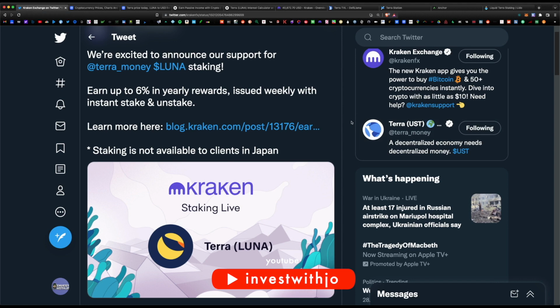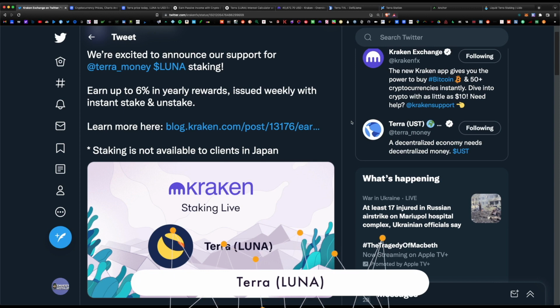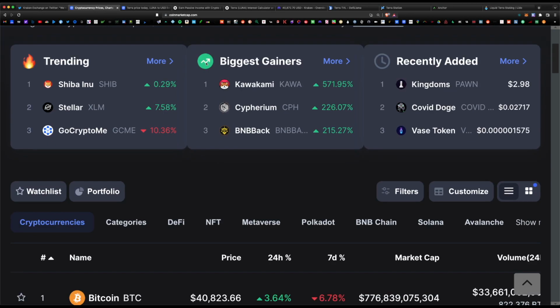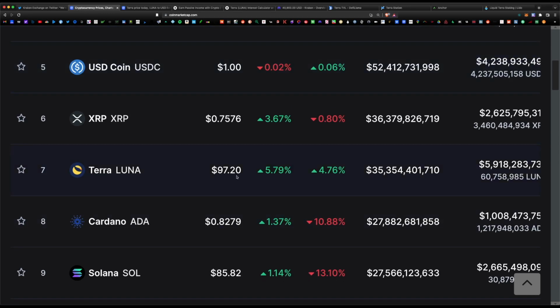Today I wanted to cover how to stake the Terra Luna token within Kraken for American customers. So Kraken just announced you can stake the Terra Luna coin for up to 6% APR on their exchange. Currently Terra Luna is moving up the ranks and is ranked number 7 worldwide with a market cap of over